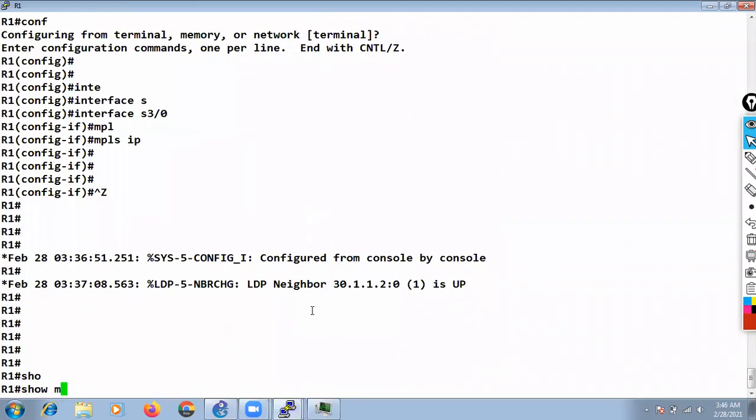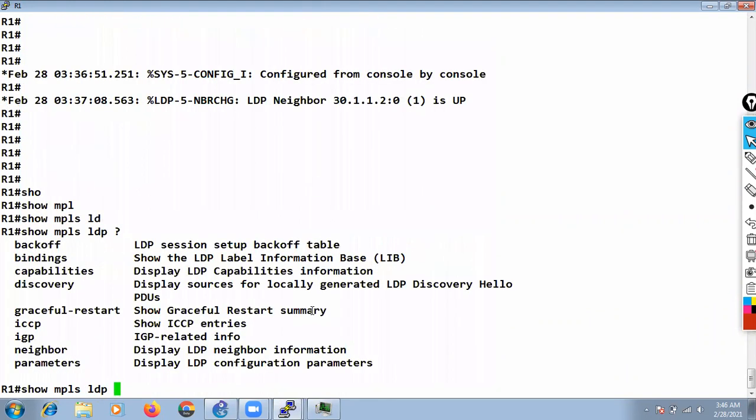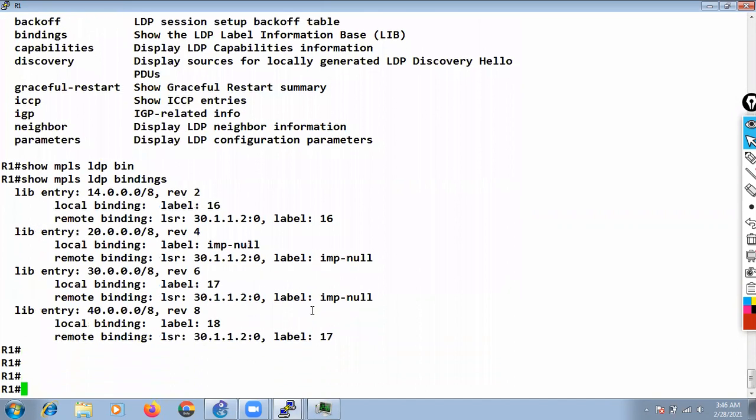If I do a show mpls ldp bindings, you can see that for the 20 network, the local label created by R1 is implicit null.